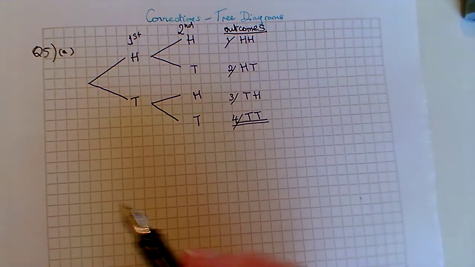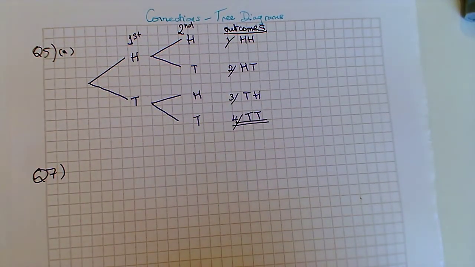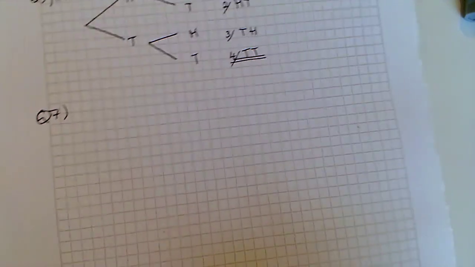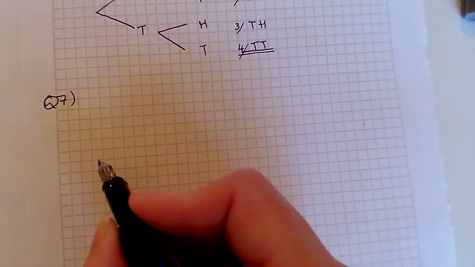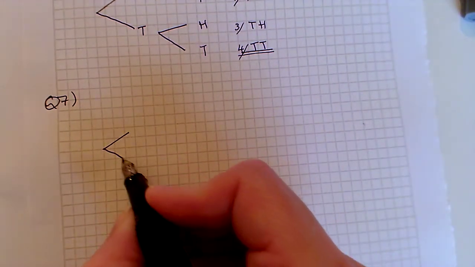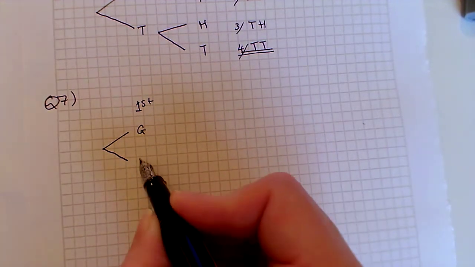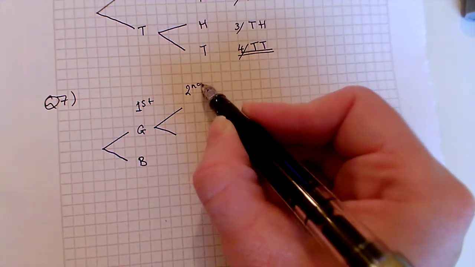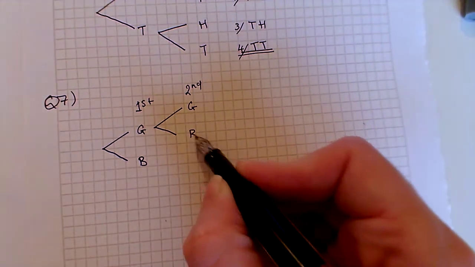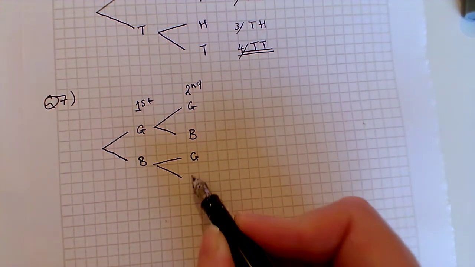Question 7 then, another tree diagram. This time a coloured spinner was spun and it could land on either green or blue. So it's very similar to the previous one. For the first spin, it could land on either green or blue. And then for the second spin, it could land on either green or blue after green, or green or blue